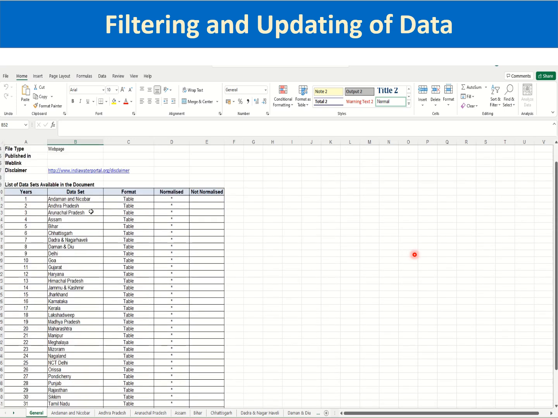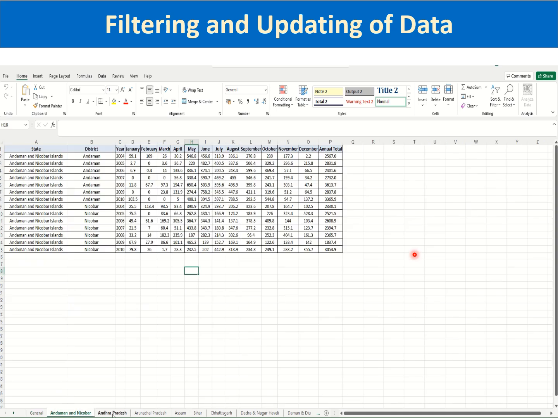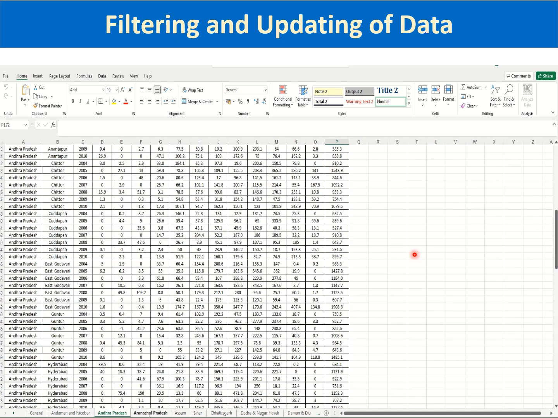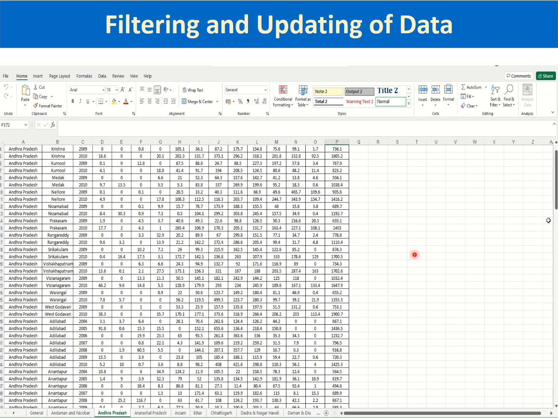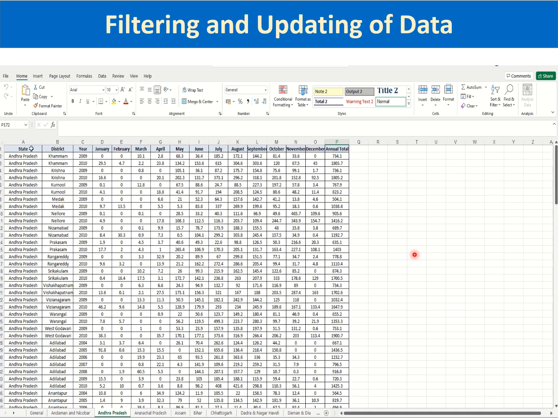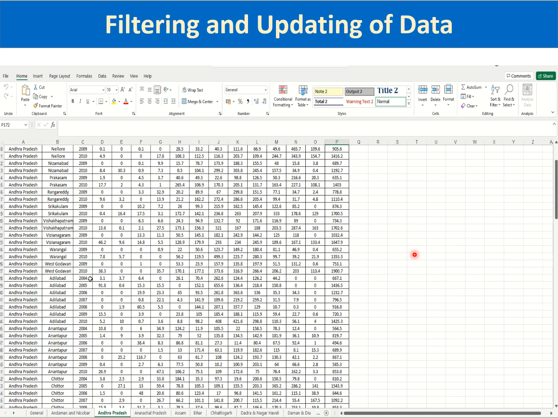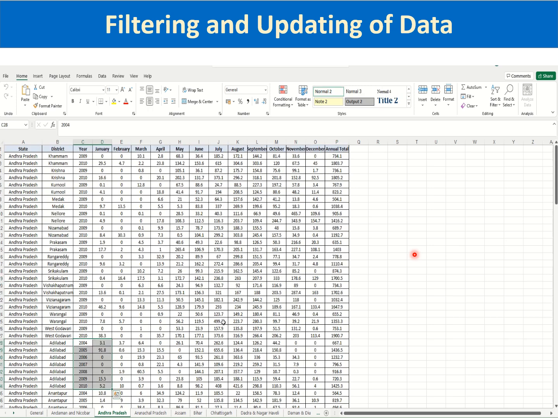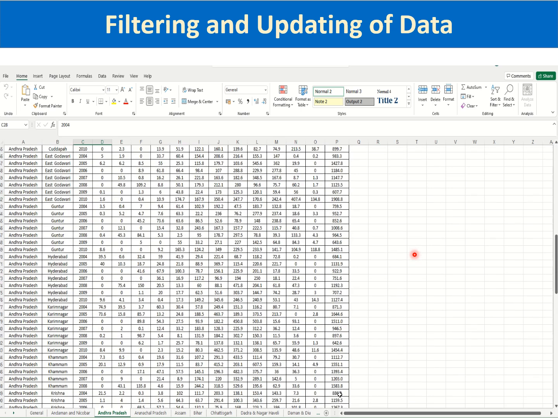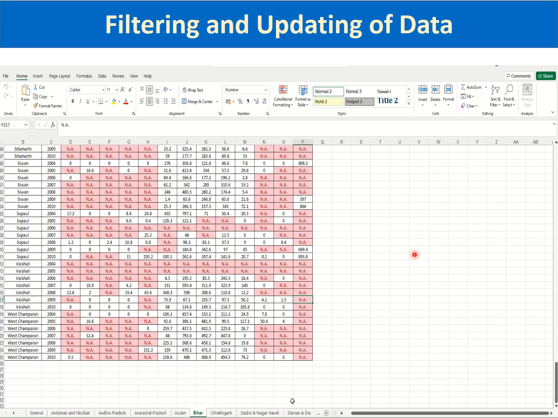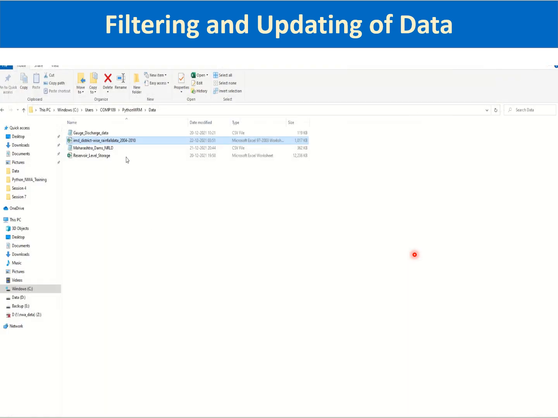The first sheet has general information, and from second sheet onwards, monthly rainfall data of each district from 2004 to 2010 is given, along with annual total. Where data is not available, it is given as NA. And then there is